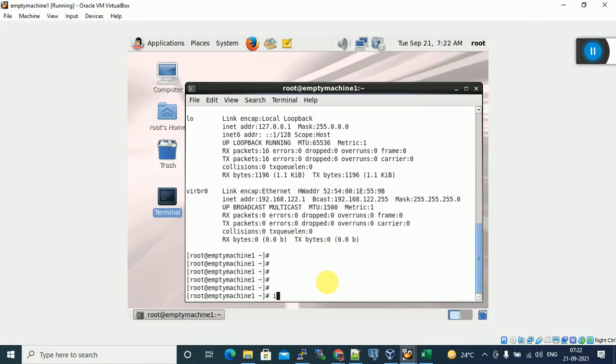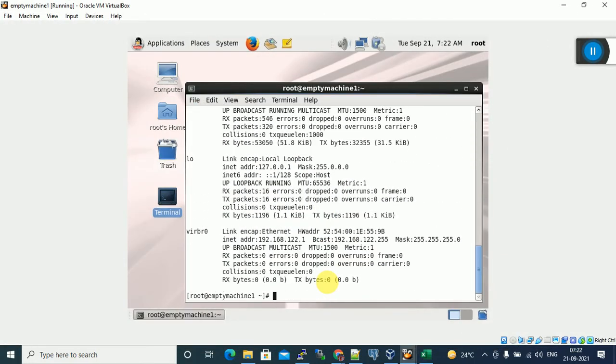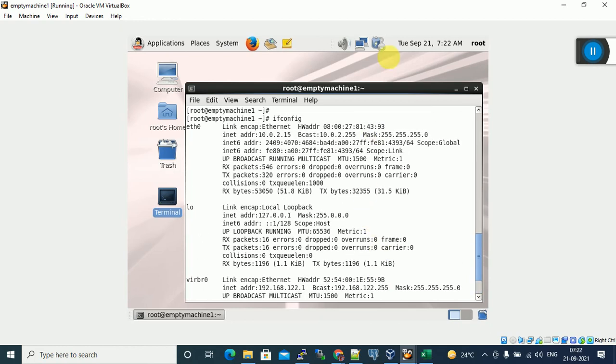What is the latest IP you can give? ifconfig. Or else just right click, click on the computer icon, click on eth0. It will refresh. It will get the latest IP. You can see it refreshed. It means it stopped the network service and started the network service. Let's come up active. See, now it is in active state only.